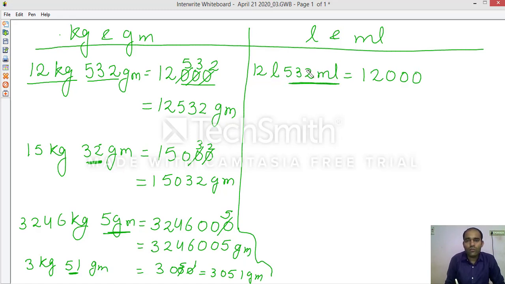So all these three digits will be replaced by these three numbers. This 0 will be replaced by 2, this 0 by 3, and this 0 by 5. What will be the answer? 12,532 milliliter. You will solve all these questions yourself.